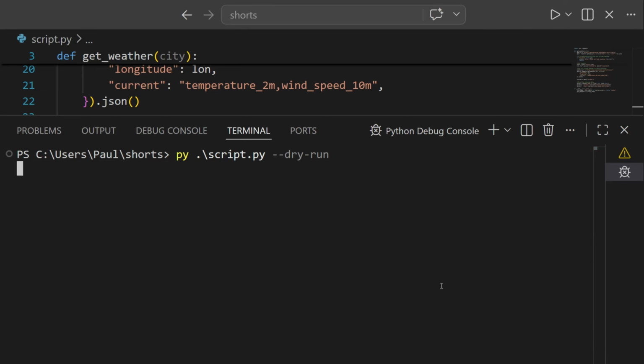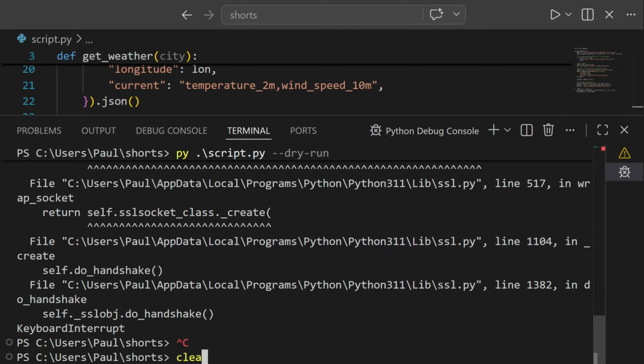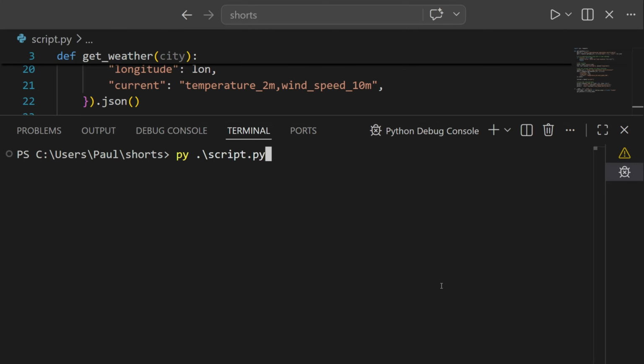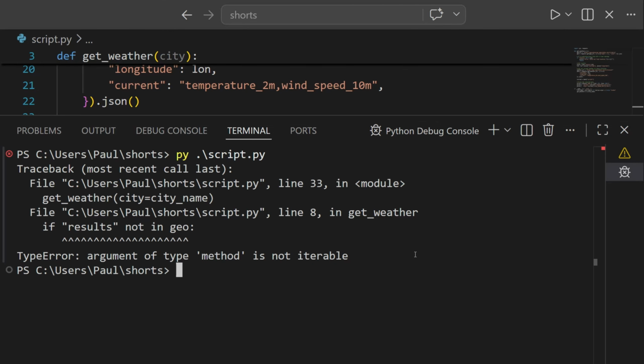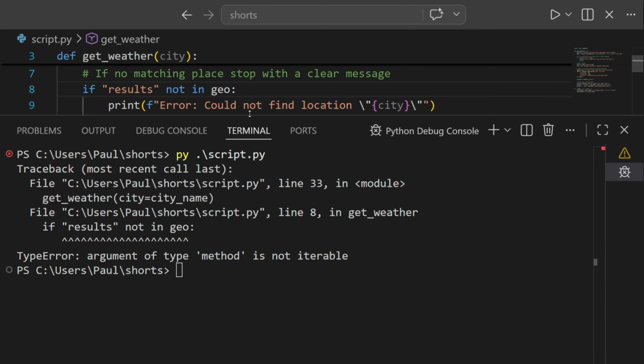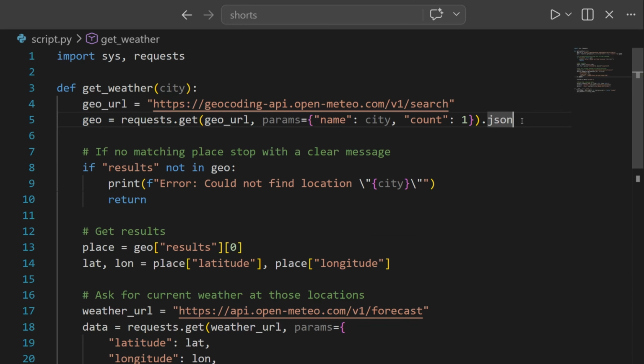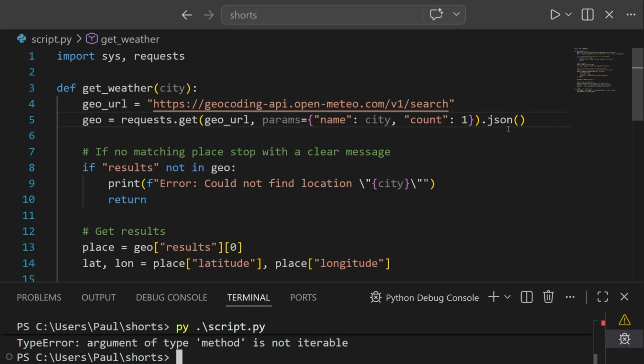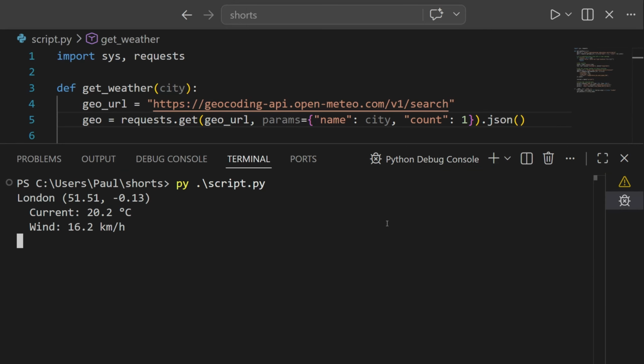All right, so let's go ahead and give this a run. So I'm going to clear my output and I didn't mean to do dry run there. Get rid of dry run, press enter, and it's going to make an API call. And it looks like I've got a bit of an issue here. Type of argument method is not iterable. Let's go ahead and click on this and see what we did wrong here. Okay, we forgot to pass the open and closing braces here. Let's go ahead and try it again. And we're going to run it again. And now that was the only issue we had, which is a bit surprising, but we have the weather for